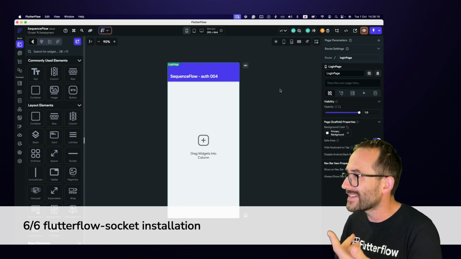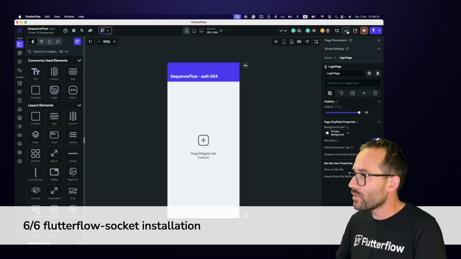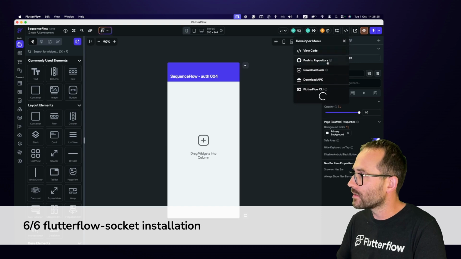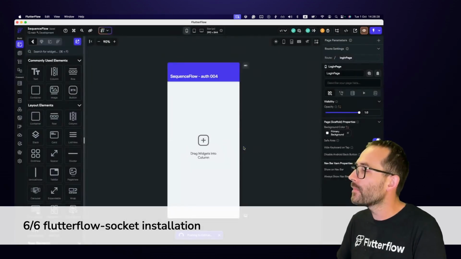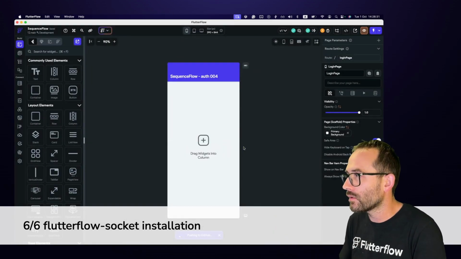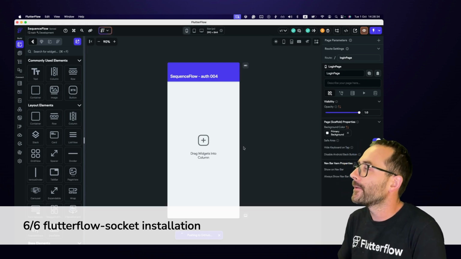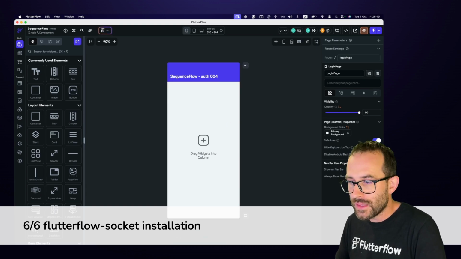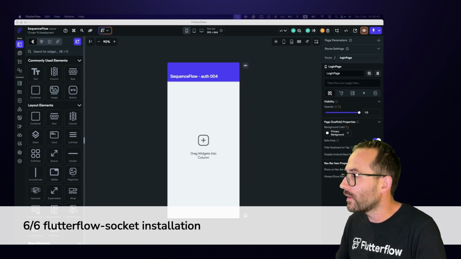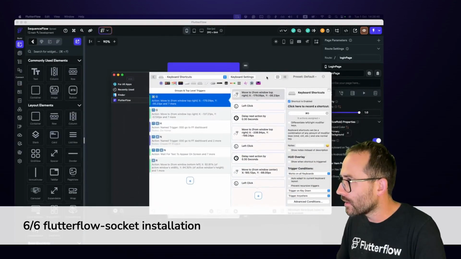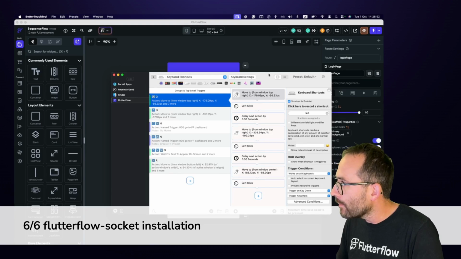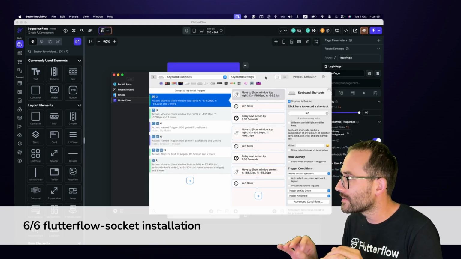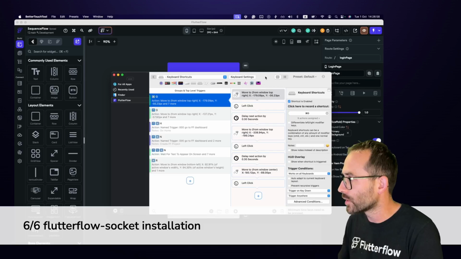Also, what I want to give you as a tip: when you come here, you need to click once, twice, and a third time, and that's fine. But for me, using FlutterFlow for the last 3 years, that has become really annoying. So my tip for you here, which is not available in the agenda, is that I'm using an application called BetterTouchTool. That is a macOS app with which you can make really simple